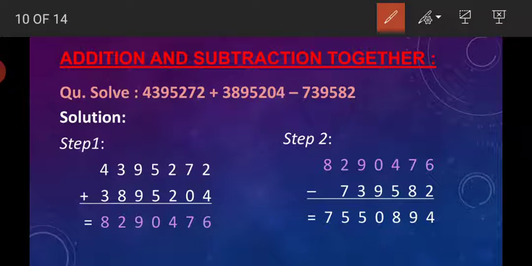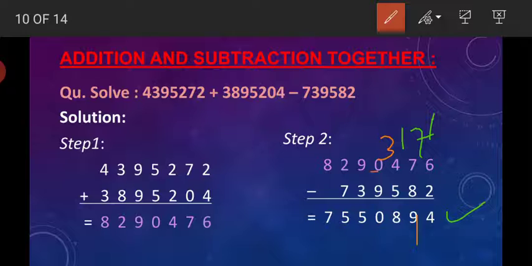How to subtract? Let us check this one. From the right side we have to start. That is 6 minus 2 is 4. 7 minus 8 we can't subtract, so we have to borrow from its previous digit. So it becomes 17 and its previous digit becomes 3. So 17 minus 8 is 9, and 3 minus 5 can't subtract, so again